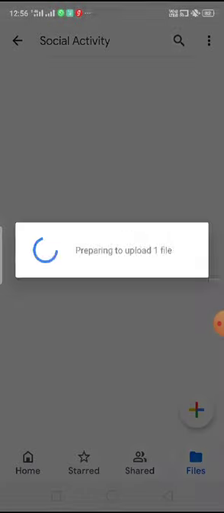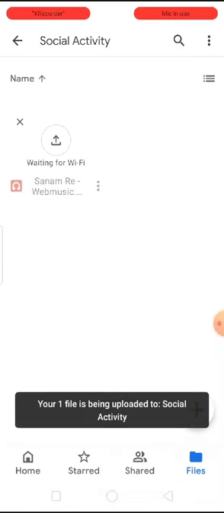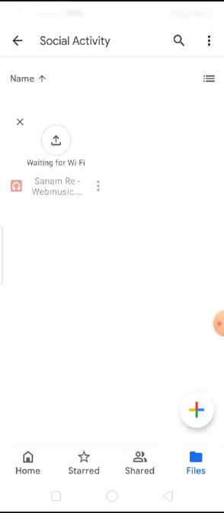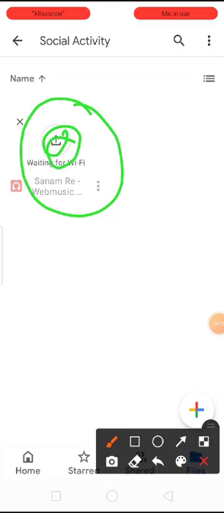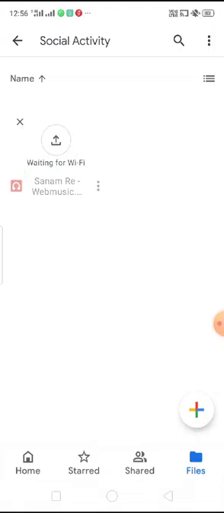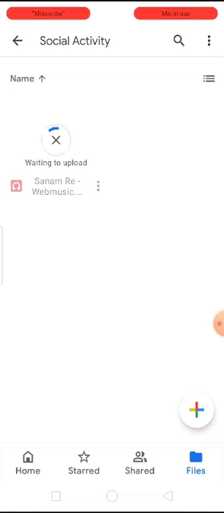I'll click on this. So now your one file is being uploaded. It is waiting for Wi-Fi, because if you are not using Wi-Fi and you are using your mobile data as I am using right now, you need to click on this upload option. If you click on this upload option, then it will start uploading.